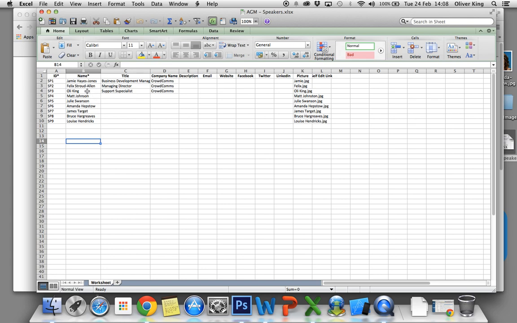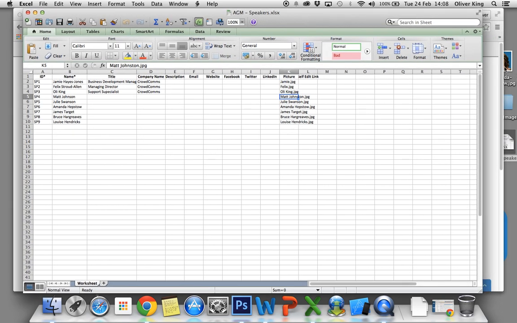So as we can see, I've got a full speaker spreadsheet here. I put in some job titles and the company name they work for. I'm not going to worry about descriptions or email addresses or anything like that, but you can fill all these in. Now, as you can see here, I have their names with the file extension, so jamie.jpg, mattjohnson.jpg. Most of these people are fictional, obviously completely made up. But this is just a way that we can bulk upload your speakers' images at the same time as uploading